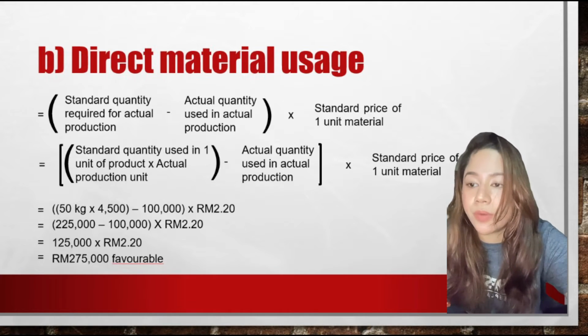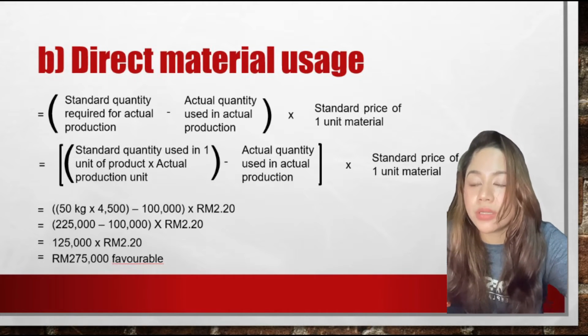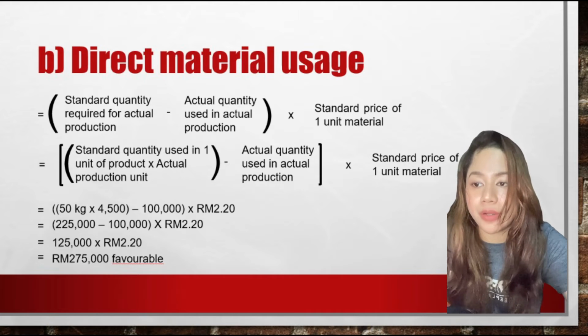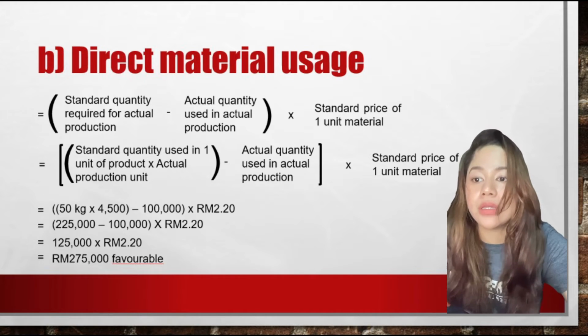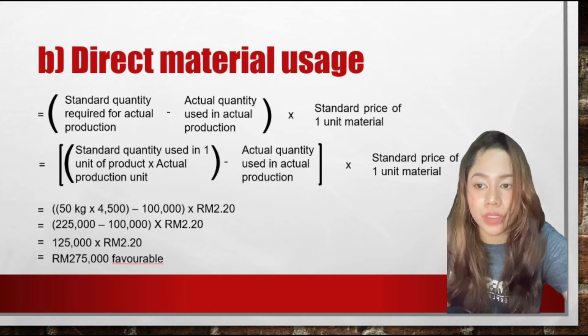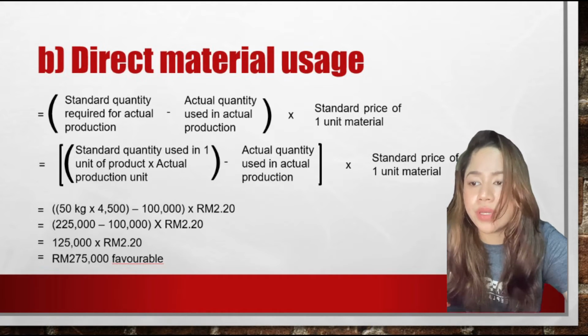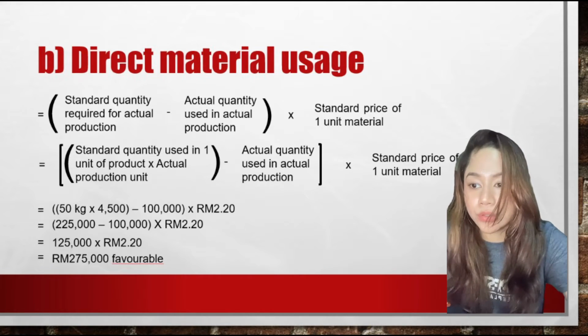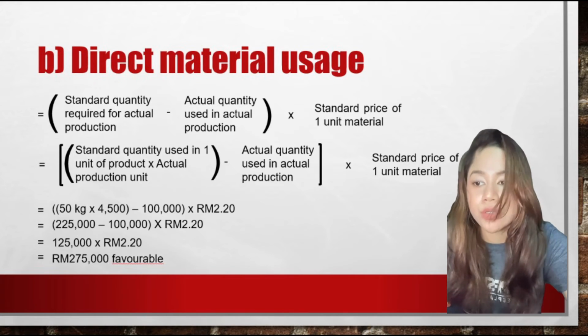So based on the question, 50 kg times with 4,500, that one in bracket, and then minus with 100,000, and then times with 2 ringgit 20 cent. So you will get 225,000 minus with 100,000, and then in bracket the answer you times with 2 ringgit 20 cent. So total is 125,000 times with 2 ringgit 20 cent. So the final answer is